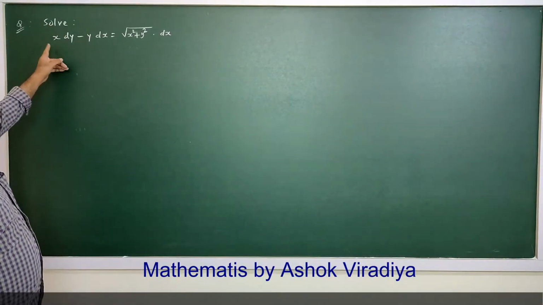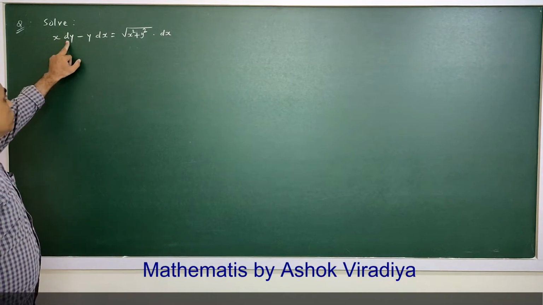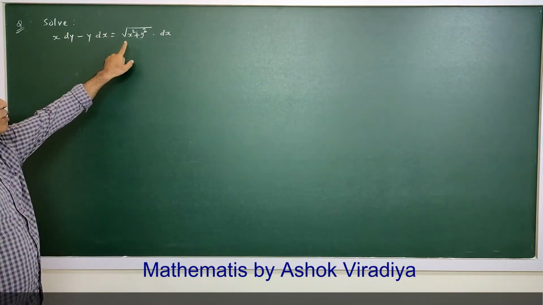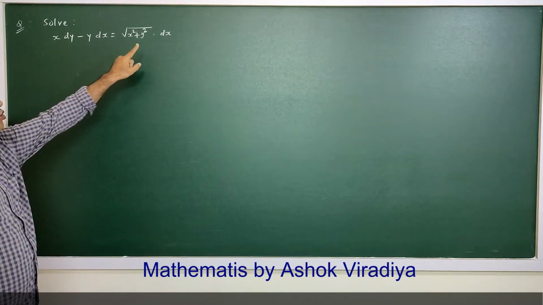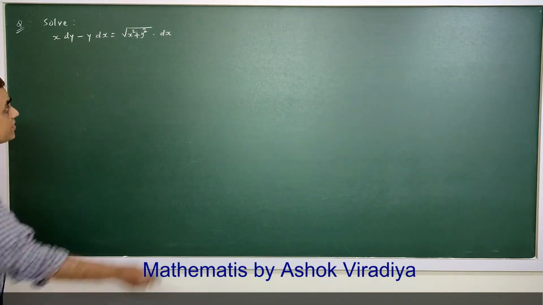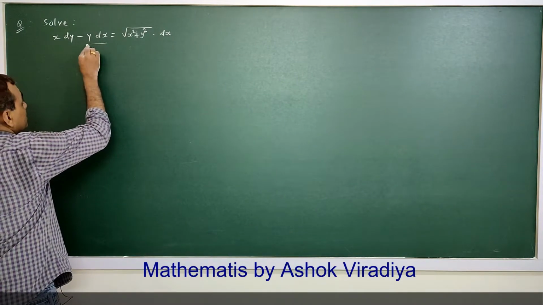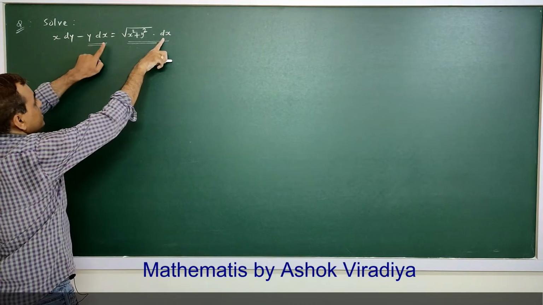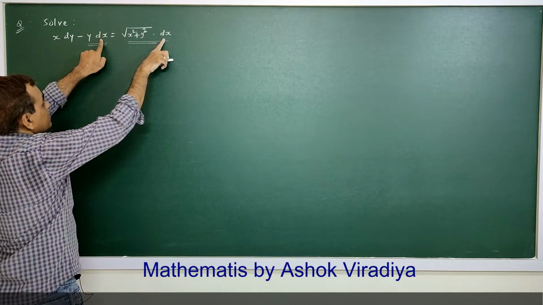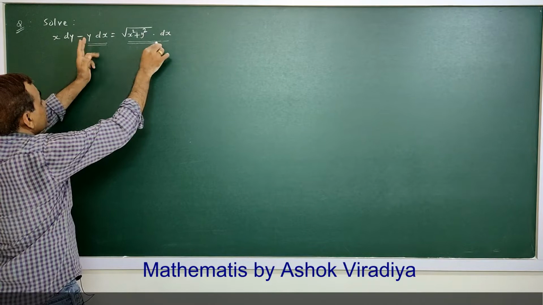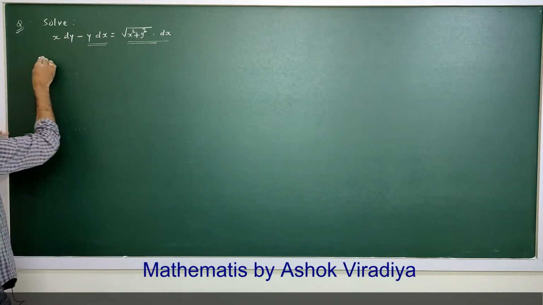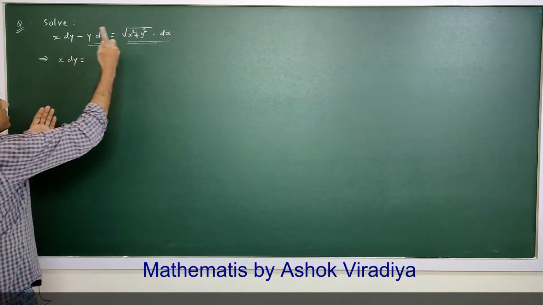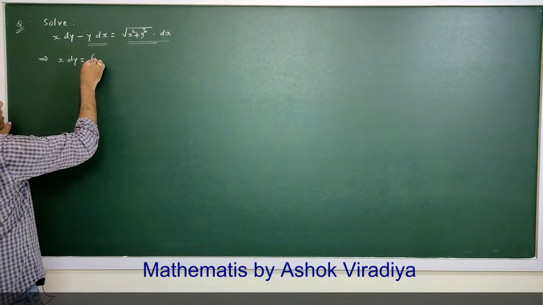Now to solve this differential equation, x dy minus y dx is equal to root x square plus y square dx. Here there are two terms having dx, here is dx and here also it is dx. So from these two terms we are taking dx common. So this implies x dy equal to, shift this term to the right side and take dx common,